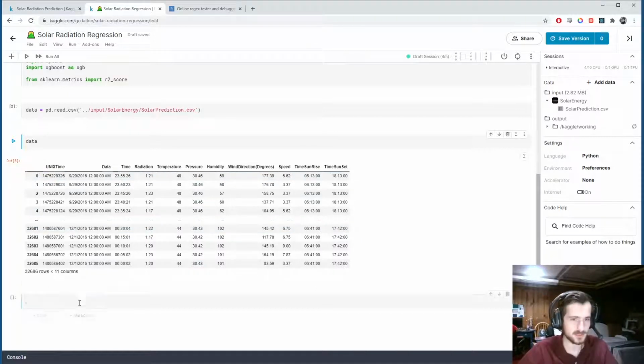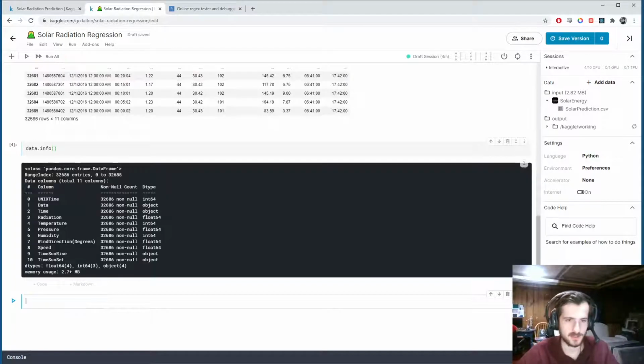So let's start by getting a little information about what's going on under the hood. So data.info is going to give us the null values and the data types. And by the looks of it, there are no null values, which is really good. So let me just double check. I'll print out total missing values, and at the end, I will print